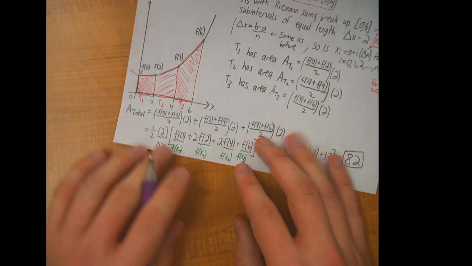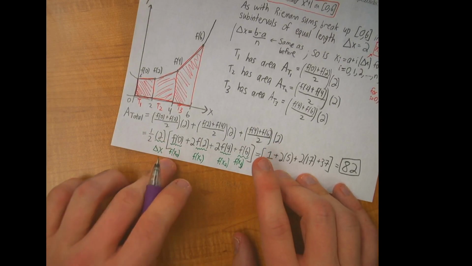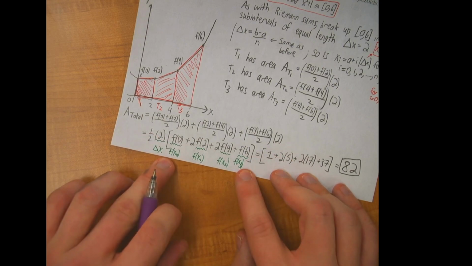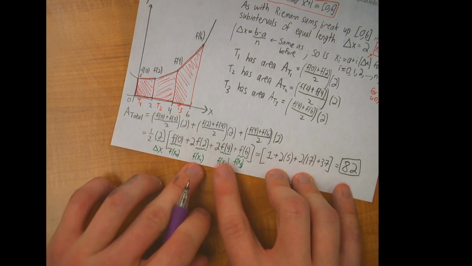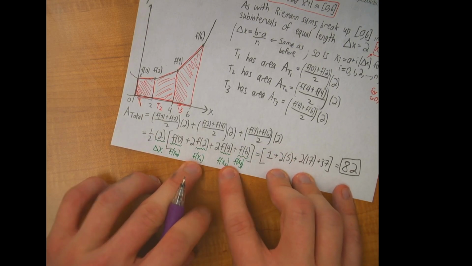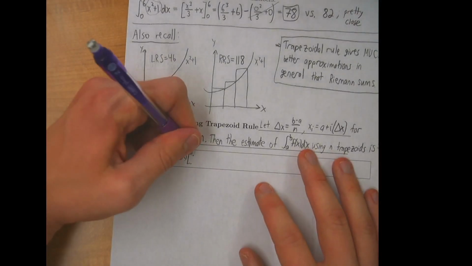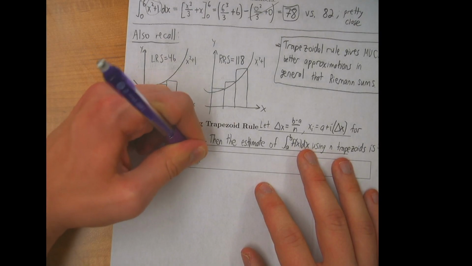Well, let's see. What you'll notice is that with the first and last terms here, they only get counted once, but everything else in the middle gets counted twice. So with that reasoning in mind, you have f of x sub 0,